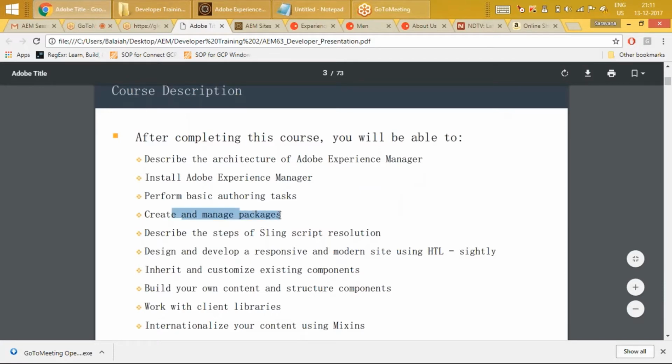We'll explore something called a package. If I want to export, if I want to move content from one server, one instance, into another instance, this happens very often because, for example, some production issue happened and you are asked to fix it, so you are supposed to export that production content onto your local.